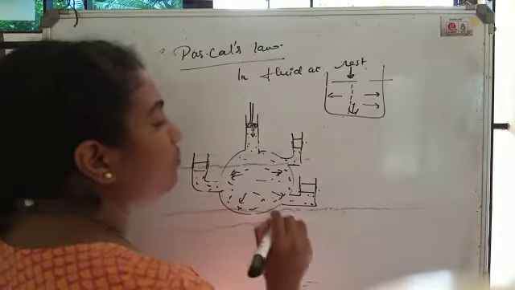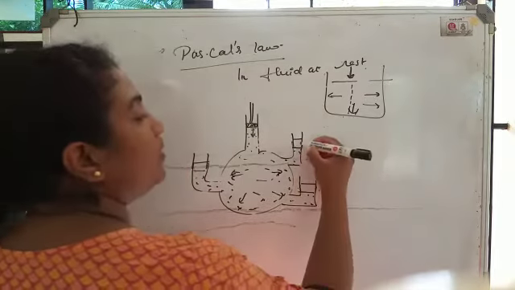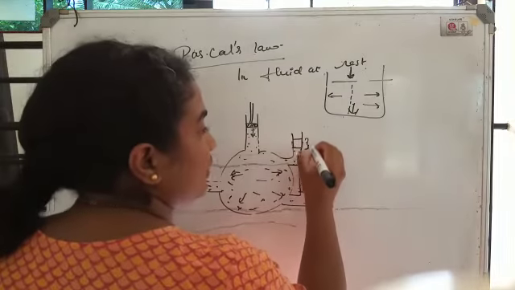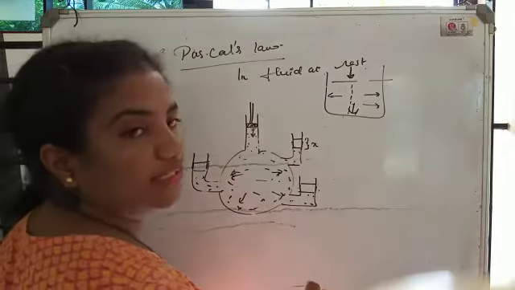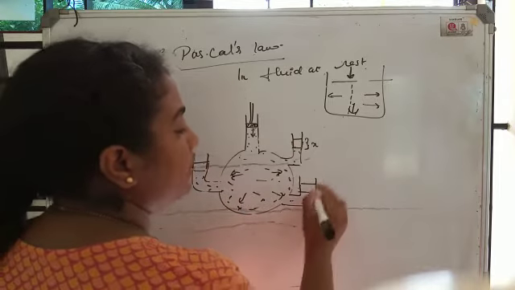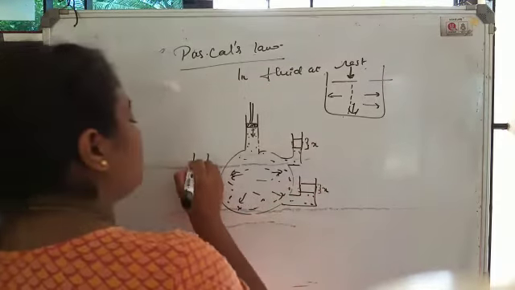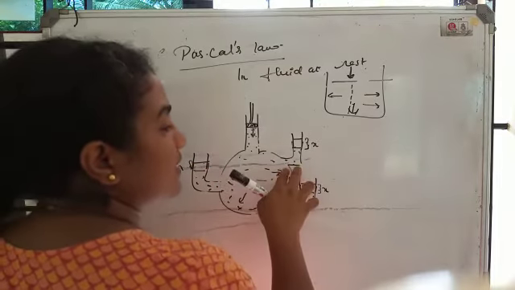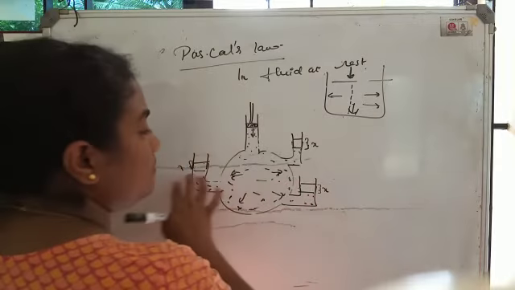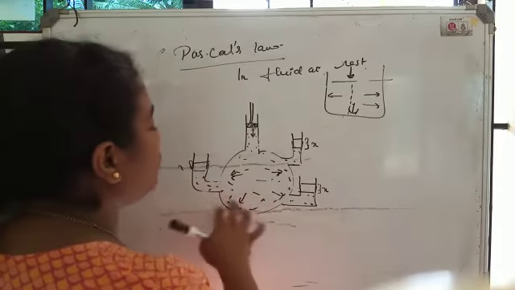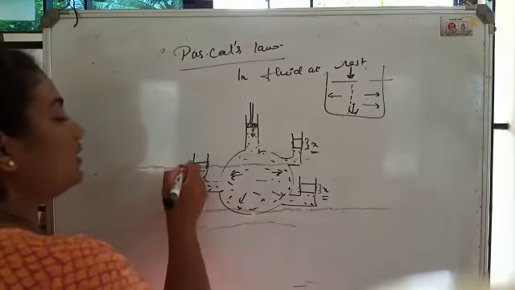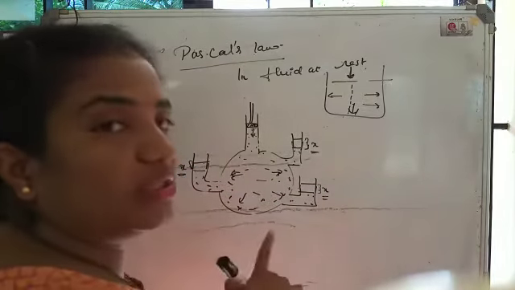In the side tubes, the level of fluid rises from here to here, from here to here. If you measure that, for example, if x is the distance by which the fluid has moved up, the same will be the distance here, and here. This side is in the above surface, this is below, this is somewhere in between. But irrespective of the positions of the side tubes, the increase in the level of the water is the same.